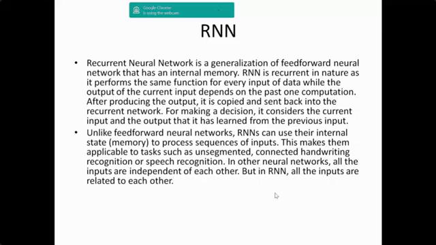So as I told you, take the case of predicting the price of a stock. It depends on the previous closing, and many such things are required, right? The past performance is required. So it has an internal memory to do that. After producing the output, it is copied and sent back to the recurrent network. So for making the decision, it considers the current input and the output learned from the previous input. So we have to know the output from the previous action. That is what is required. That is where the internal memory is used.